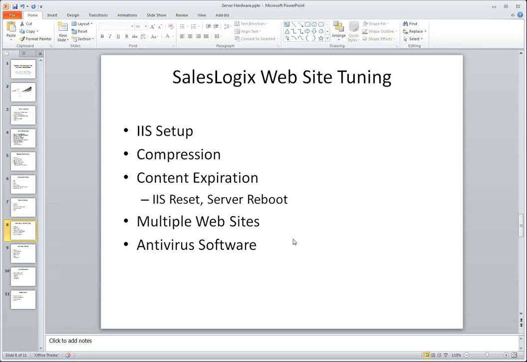Other tuning, multiple websites we kind of touched on already. If you have a lot of users, you may need to get into multiple websites. The other one I just mentioned, antivirus software, that indeed can slow things down, and again, this depends upon the power of your server. And if you take a look at your CPU performance and how it's going, and you see spikes in there,